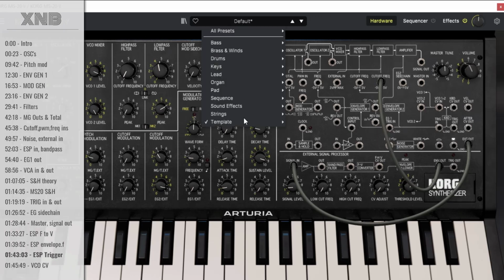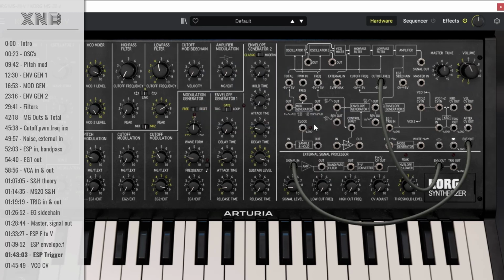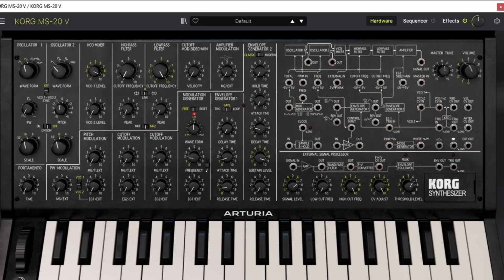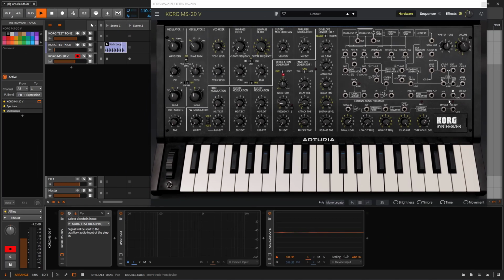So I'm gonna go back again. I'm always starting from a default patch, so you can follow what I'm doing and do the same thing at home. That's the point of this. So we have the envelope. We can convert frequency to voltage, but we also can use